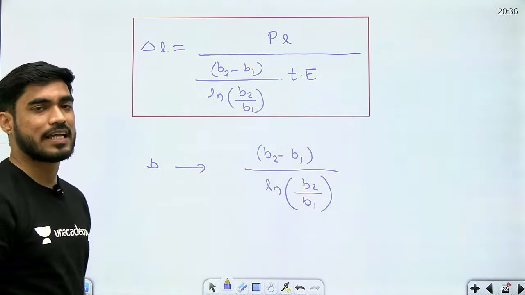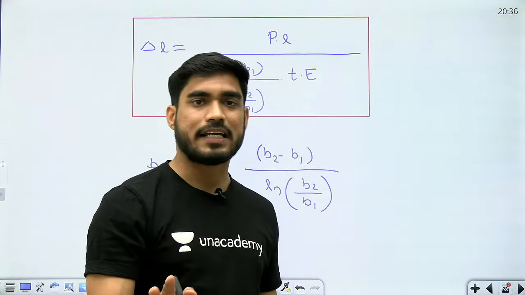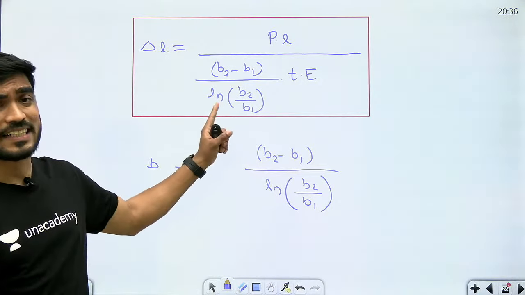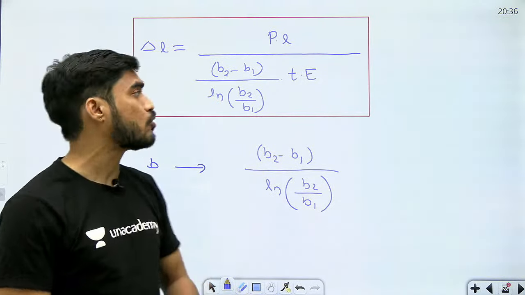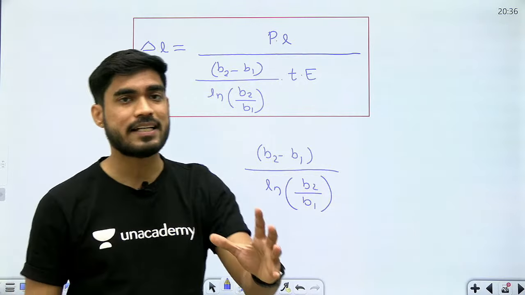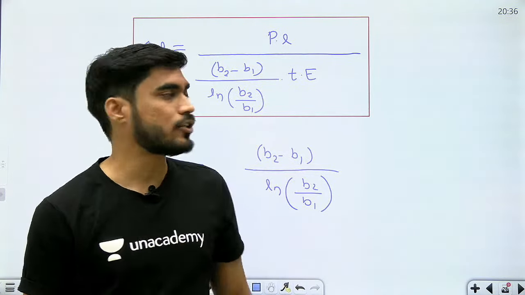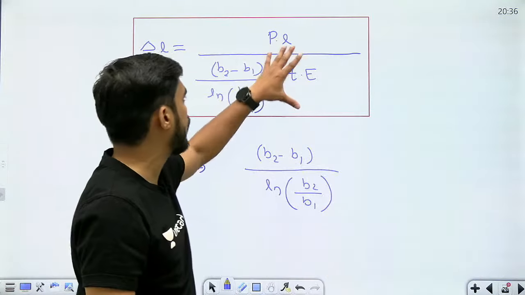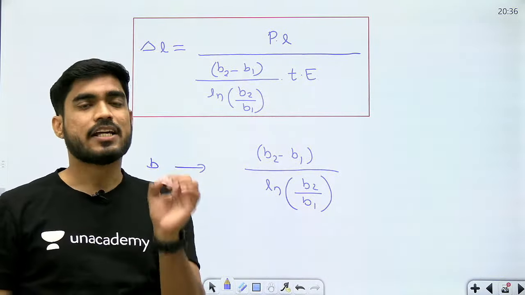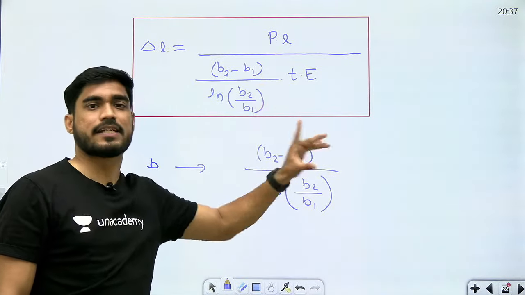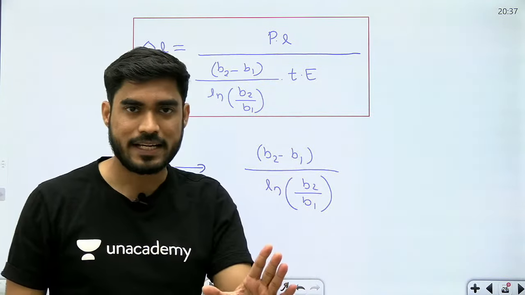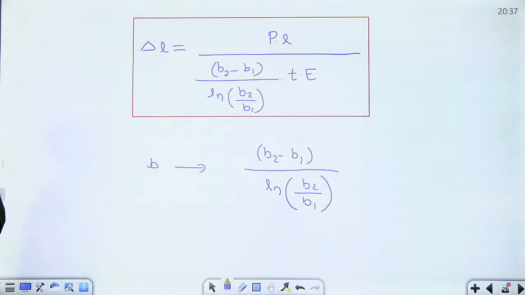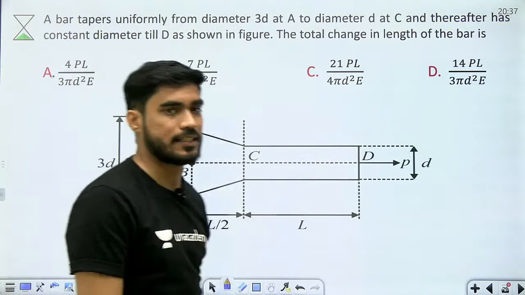So beta, we have derived the equation of the rectangular tapered bar as well as the circular tapered bar. Now the derivation was just to understand how to get this equation. Otherwise, for numericals you need to memorize this equation, because in the exam you will get direct questions and you will have to put the formula. So what kind of questions can you expect? This kind of questions you can expect.